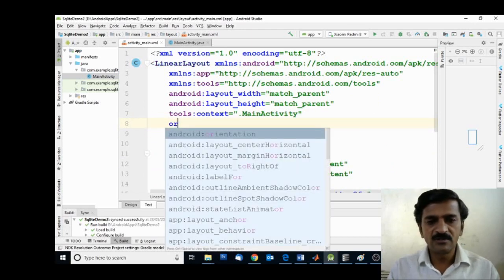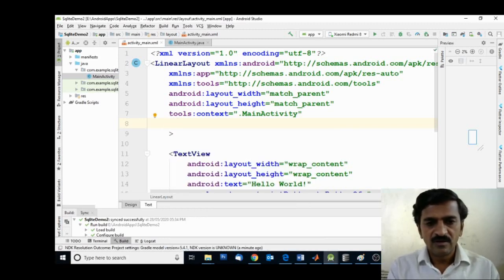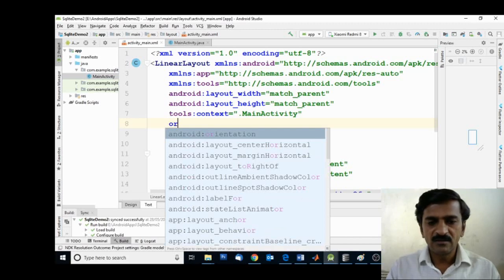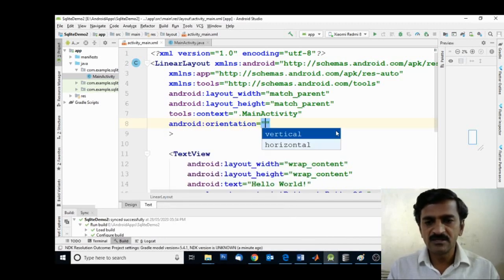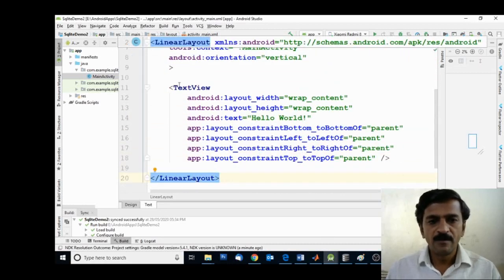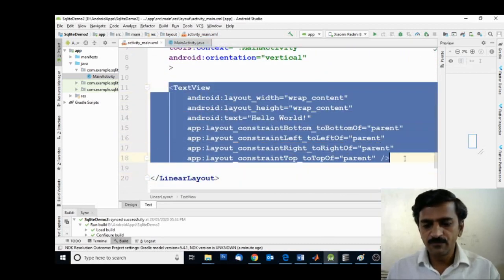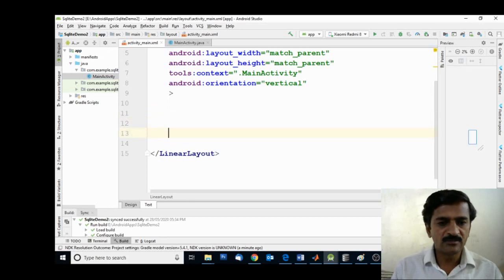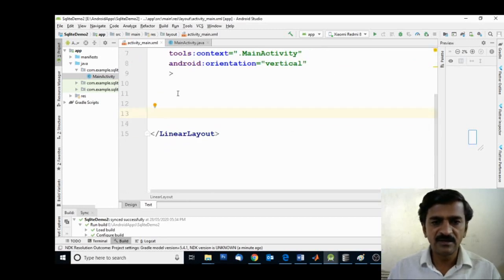One of the important attributes of the linear layout is orientation. Type OR, then choose android:orientation, then select vertical. I'm going to cut this text view and add a new text view. Simply, we have created one linear layout.